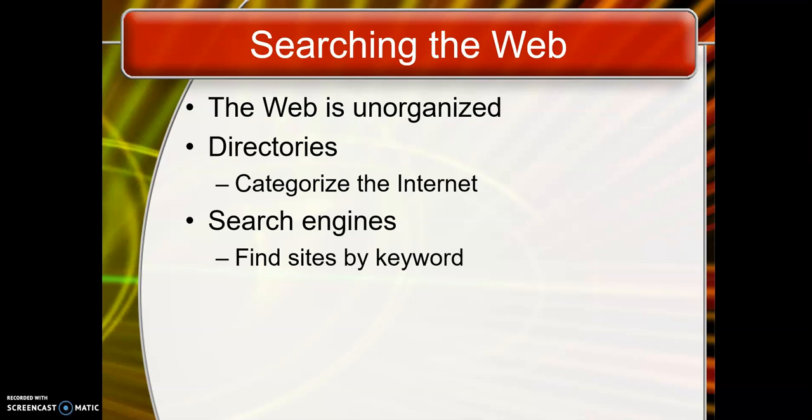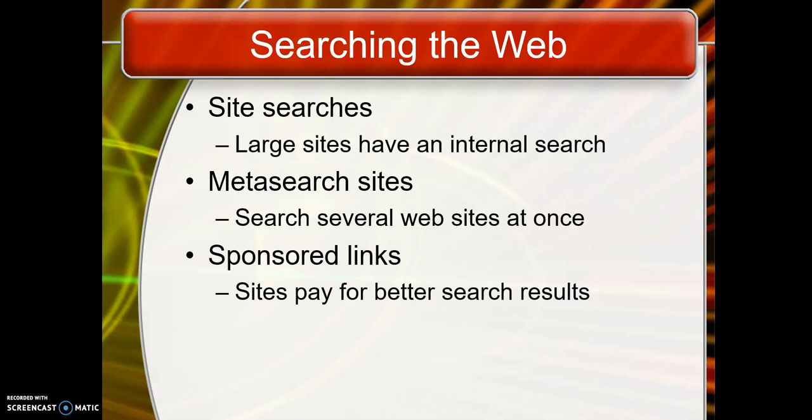Can you name some of the search engines? Yes, you are right. For example, Google. Not Chrome, but Google, google.com, that is a search engine. And certain others like Yahoo, Alta Vista, and so on. So searching sites: larger sites have internal search, meta search sites, and there are